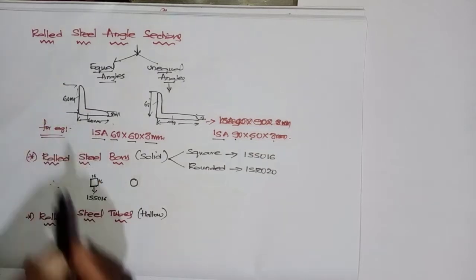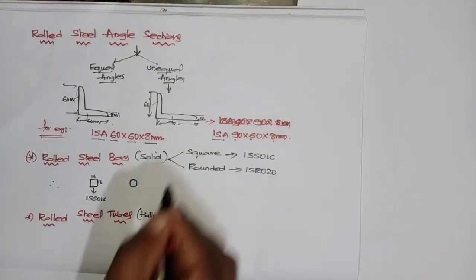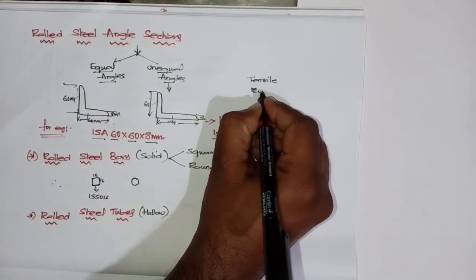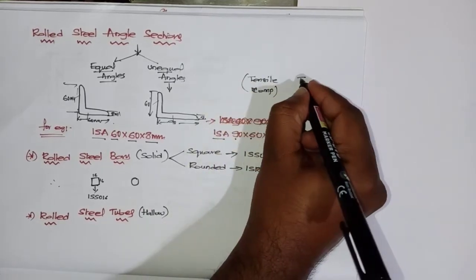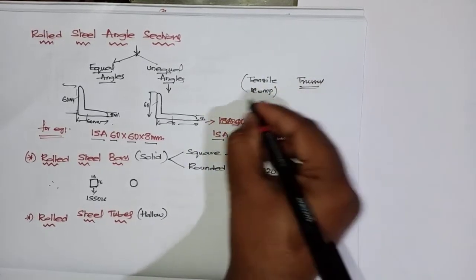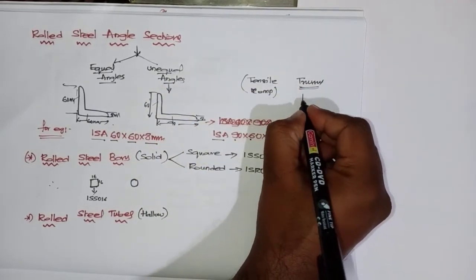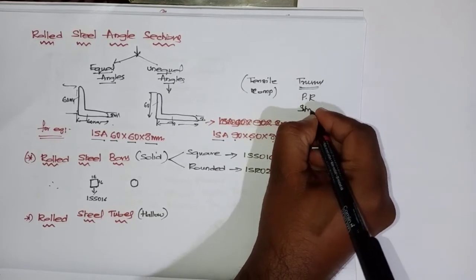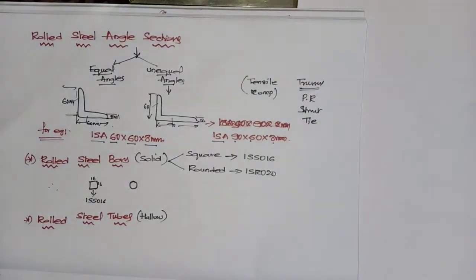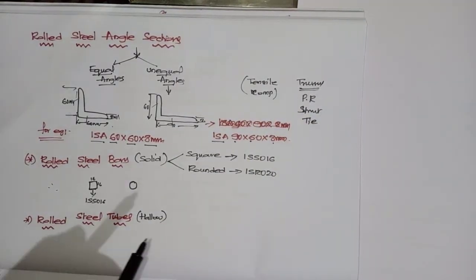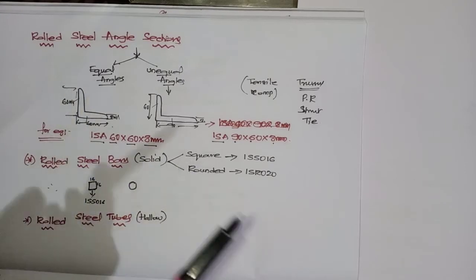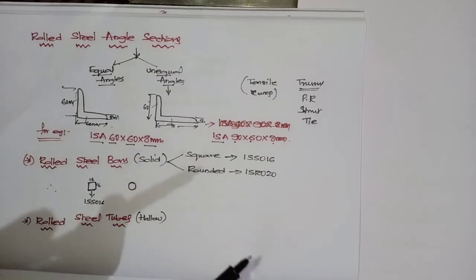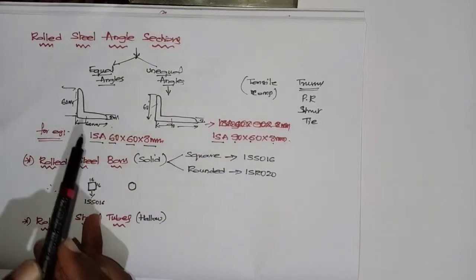Now where do we use these angle sections? In members carrying tensile loads and members carrying compressive loads. Example, trusses. In trusses you will be using these angle sections as the principal rafter, struts, tie members, etc. Everything uses them. A tie member is a tension member, a strut member is a compression member. The members carry different loads, but the material used is the same, that is the angle section.